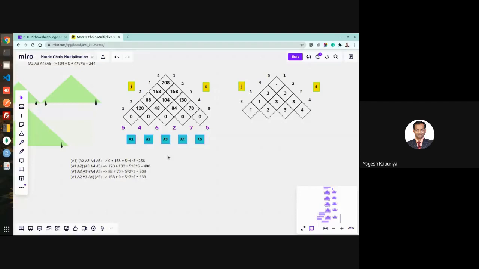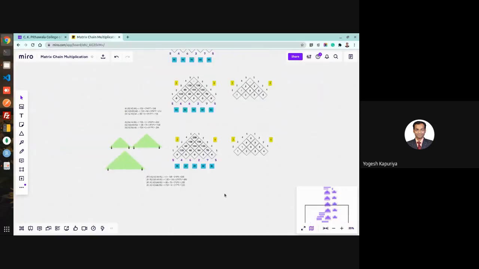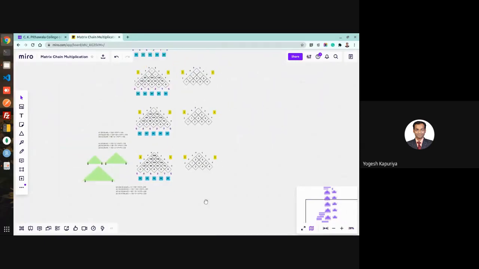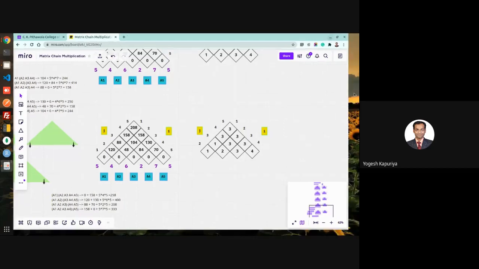And when you have got the minimum, when you have put the parenthesis after 3, that is 3. Okay. So that is all about how to derive this. That means a minimum of 208 multiplications is required when you are multiplying this. Obviously, this will give you the number of multiplications. If you want to put the parenthesis, then this matrix is important. Okay. Let's see the presentation first, and then we can discuss more on that.